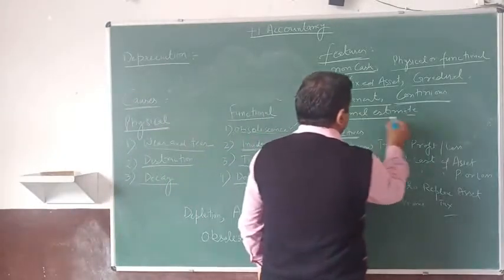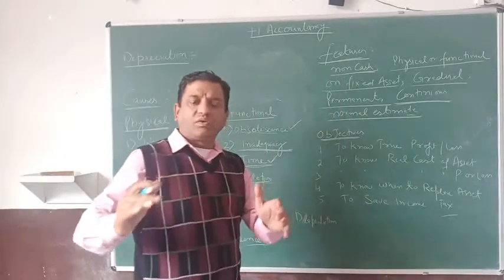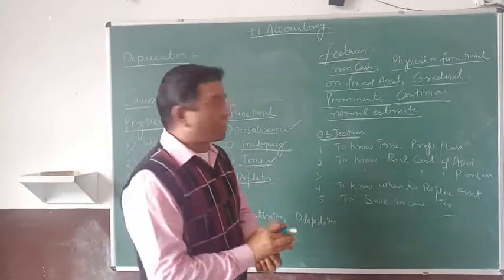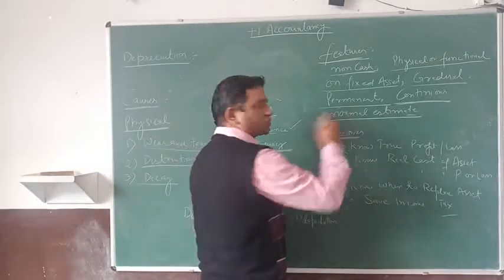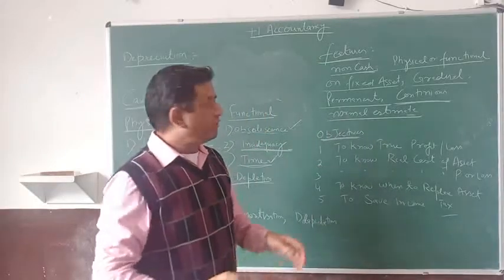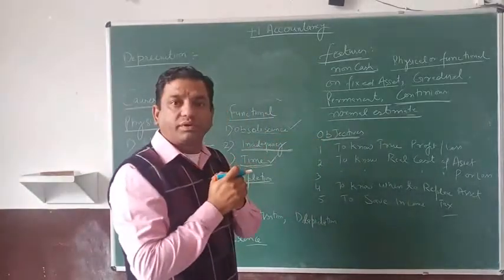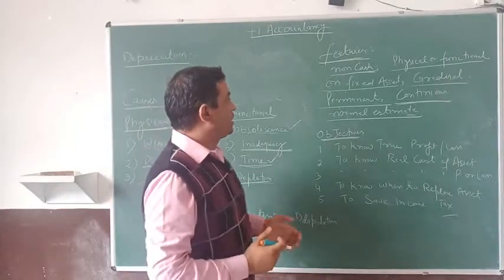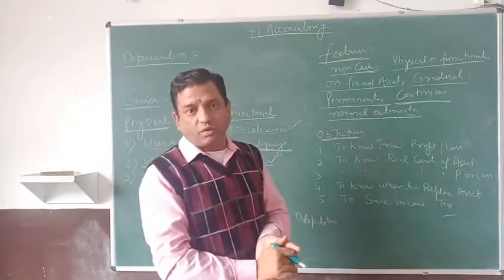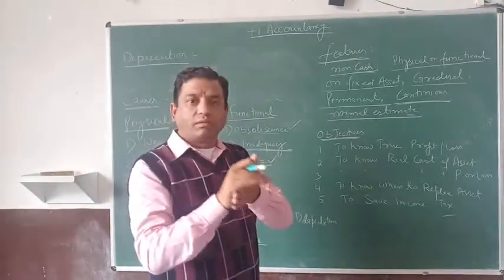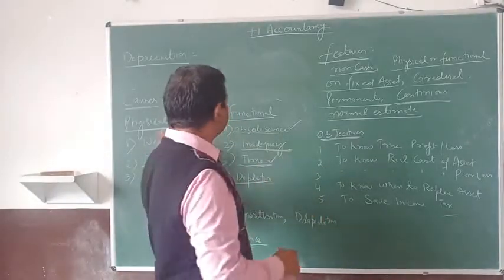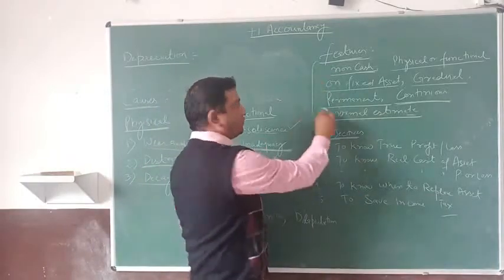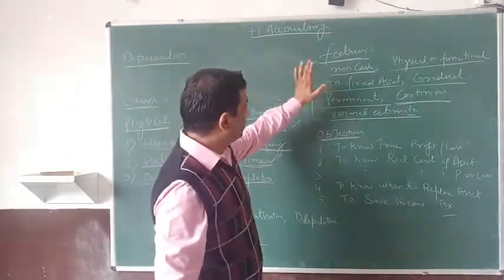Last feature: whenever we find out the decrease in the value of that asset, it just depends upon a normal estimate. No one can find out the exact amount of reduction in the value of an asset. It is just by making an imaginary estimation of the value that may go down because of these functional or physical reasons. These are the features we got in depreciation.